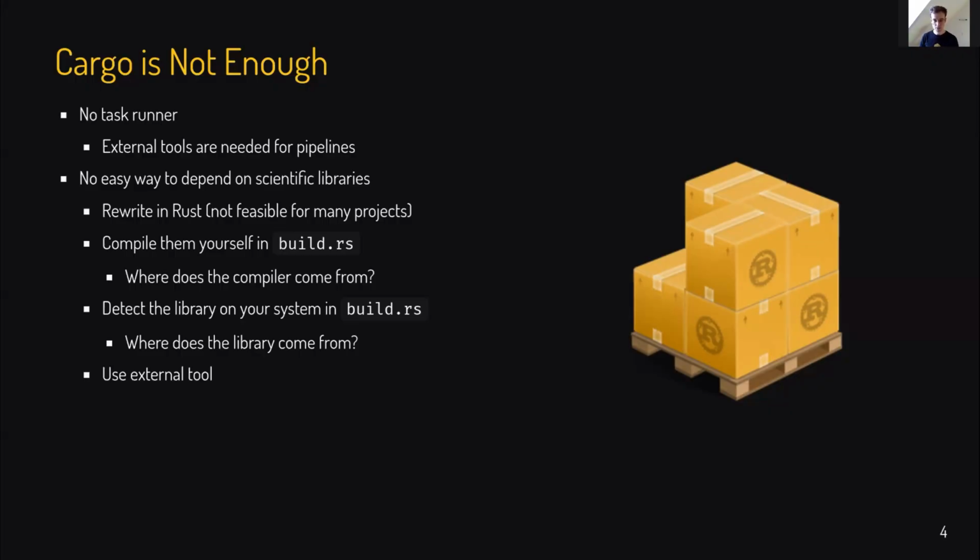Unless you rewrite it in Rust, you have a specific program that someone else already rewrote in Rust, or you do it yourself. Simple things you could also compile yourself. If you just assume that you have a C compiler on your system and it's only a simple small C library, you probably get away with just compiling in build.rs, which does it shortly before your Rust compilation. The question is though, where does the compiler come from? If you don't have that, how do your colleagues deal with that? Also, if that library you build has a dependency by itself, all of that will definitely crash and burn.